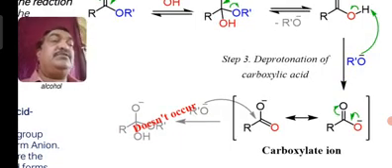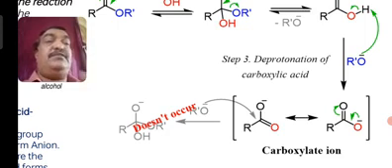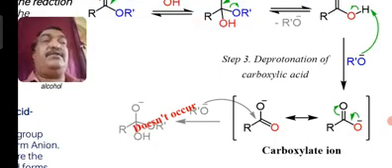This RCOO minus will be in a resonating structure, that is RCOO minus double bond O, or RC double bond O minus. Okay, so this molecule further won't react with your RO minus, otherwise it would go into formation of the ester again. So that is not possible, but this RCOO minus will react with Na to form the sodium salt of the carboxylic acid. Okay, so this is the reaction that is possible here.